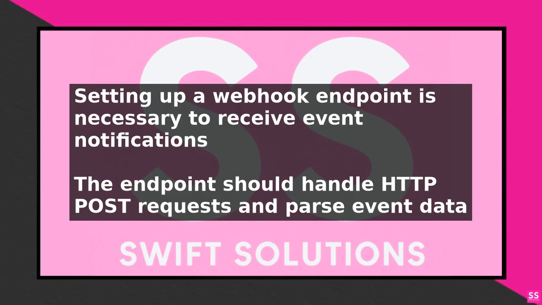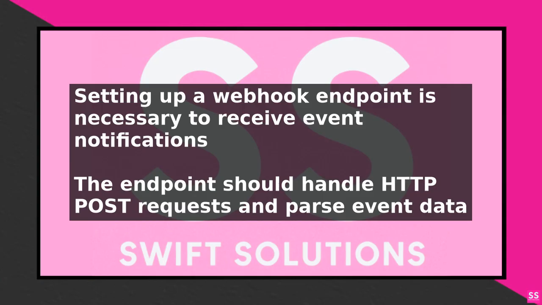Once you have set up your webhook endpoint, you need to configure Bill.com to send event notifications to your endpoint. You can do this by creating a new webhook subscription in the Bill.com API settings. You will need to provide the URL of your webhook endpoint and specify the events you want to receive notifications